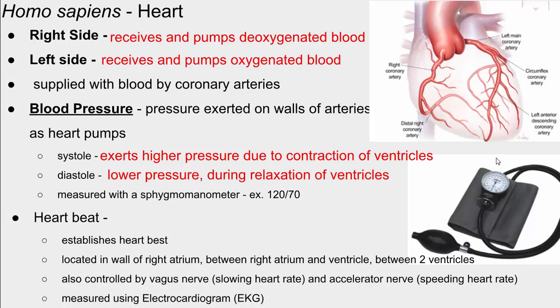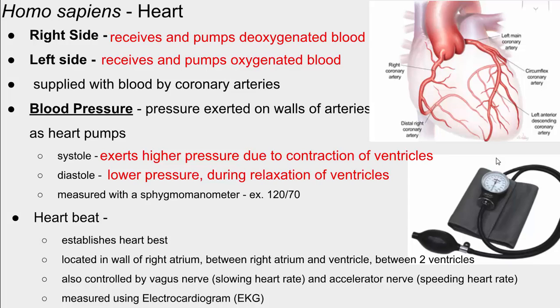The higher number is called the systole. This is when your heart contracts and is forcing blood into your arteries. Obviously, that exerts a higher pressure on your arteries. When the ventricles relax, the pressure reduces. That's the second number, the diastole, okay? During when your ventricles have relaxed. It's measured with a